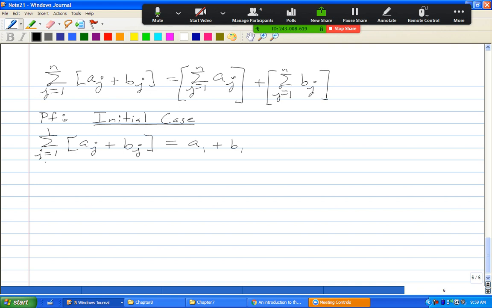Also, the sum j equaling 1 to 1 of a sub j, that's equal to a1, and the sum,